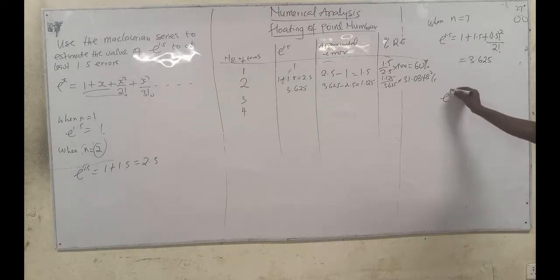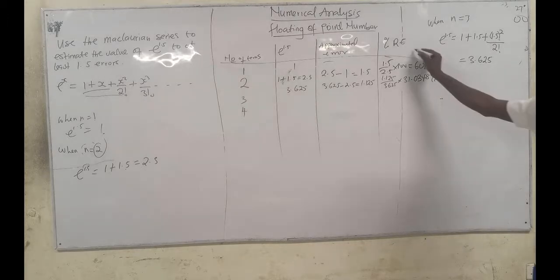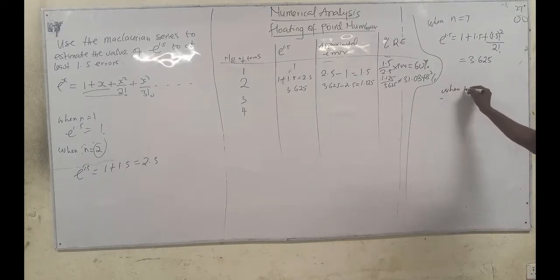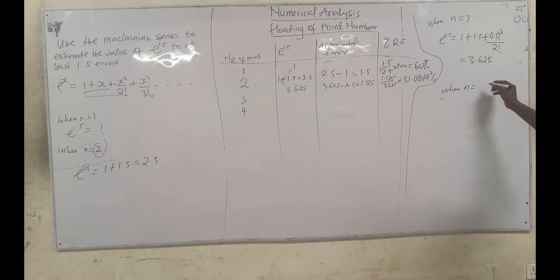When n is equal to 4, e to the power 1.5 is equal to 1 plus